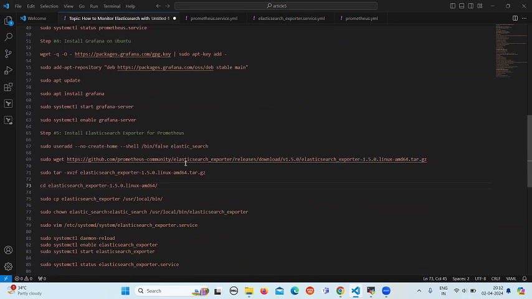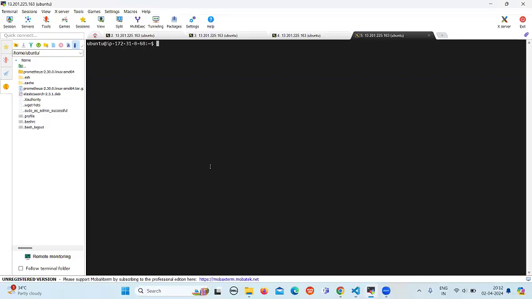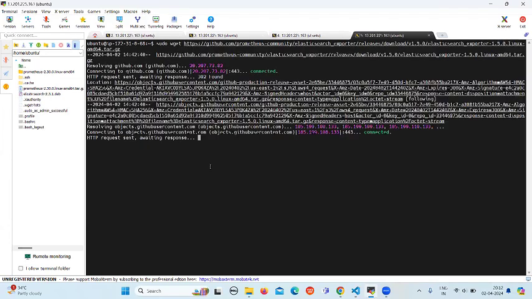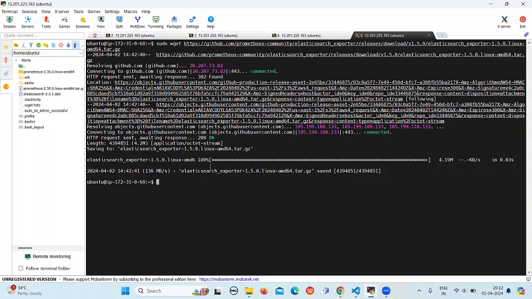After creating the user, download the Elasticsearch Exporter. So let's copy this command and paste it. You can visit the official Prometheus community GitHub page of Elasticsearch Exporter to download a different version according to your system configuration. So after the download is complete,